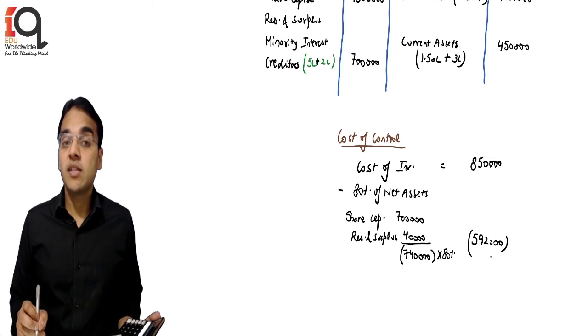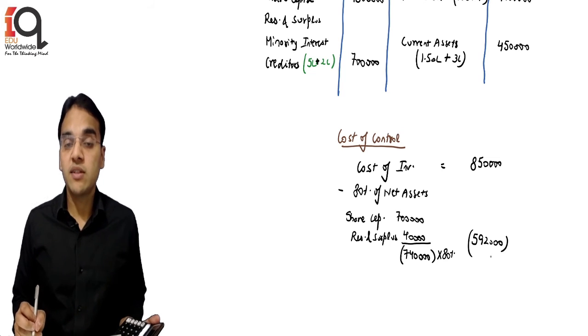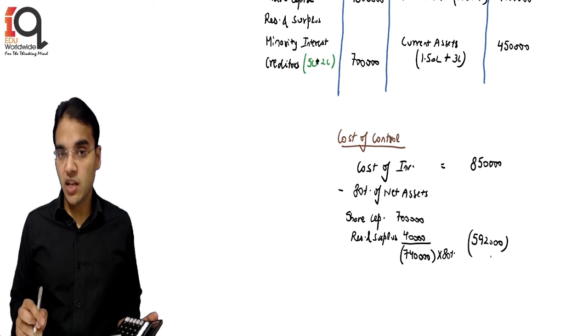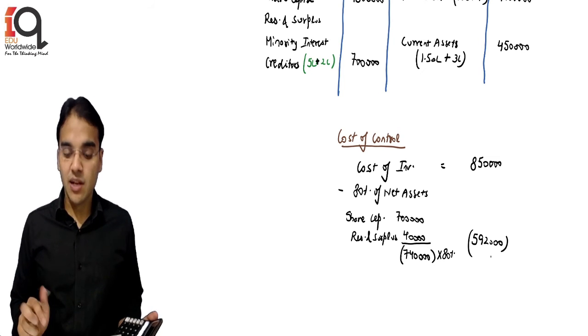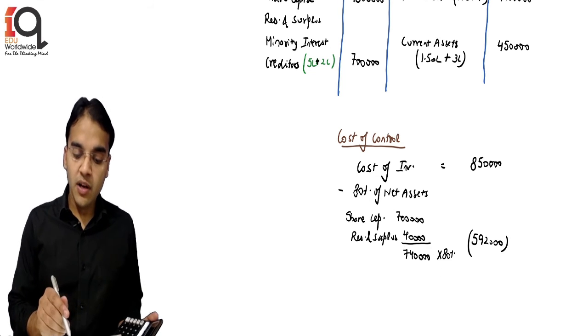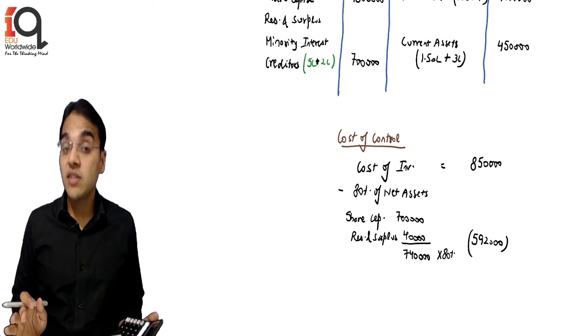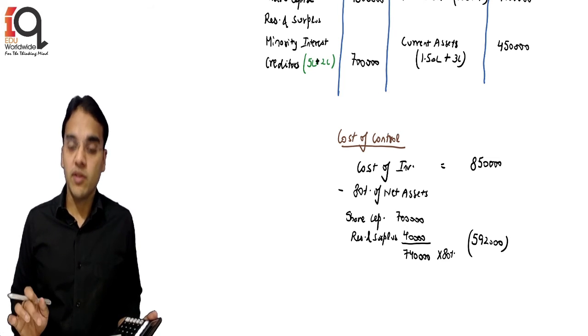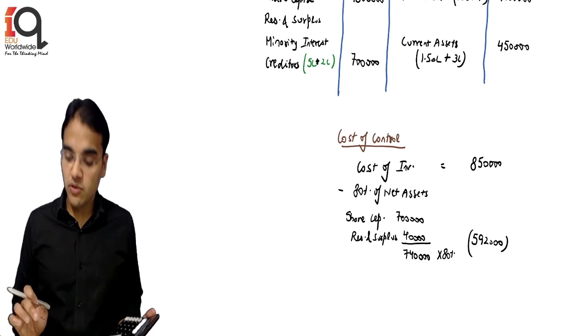So that is the reason why I was telling you that net assets is total assets minus outside liabilities, or share capital plus reserve and surplus. That is the same thing, student. So share capital plus reserve and surplus always will be applied if our shares are not acquired on the last day. If your shares are acquired on any day other than the last day, obviously you have to go by share capital plus reserve and surplus. So that is the reason.